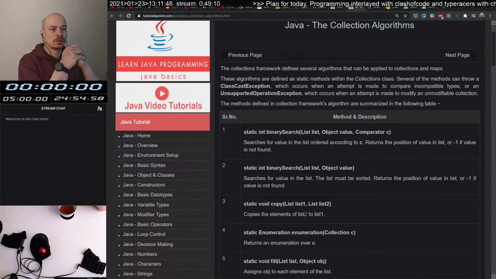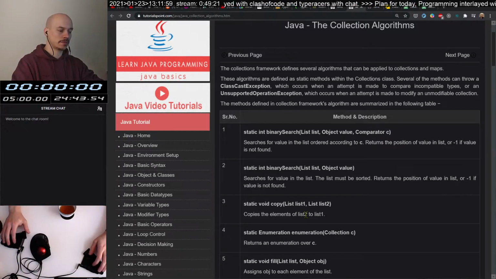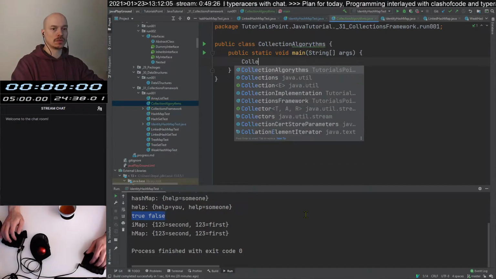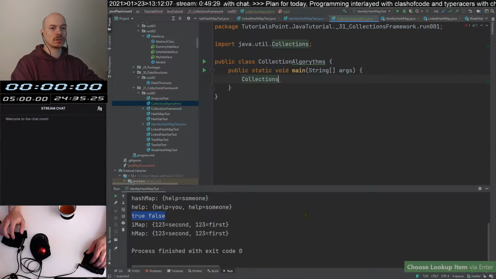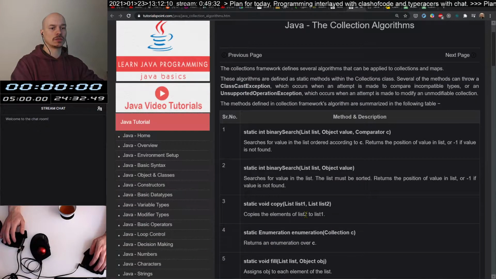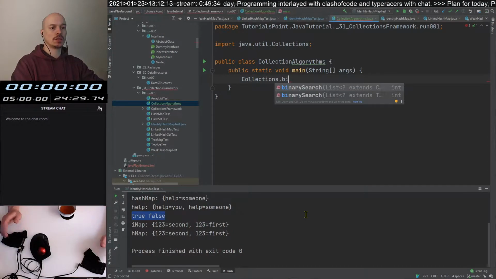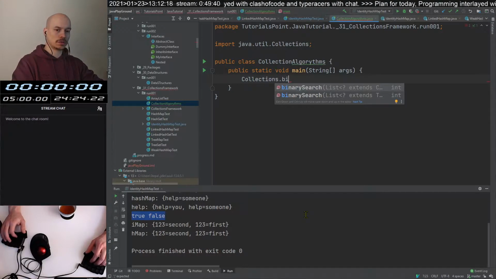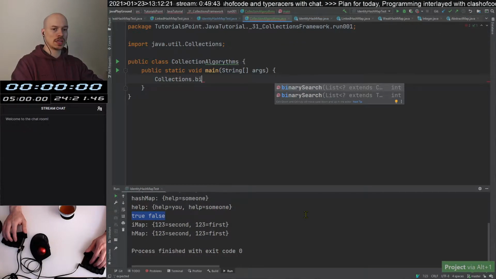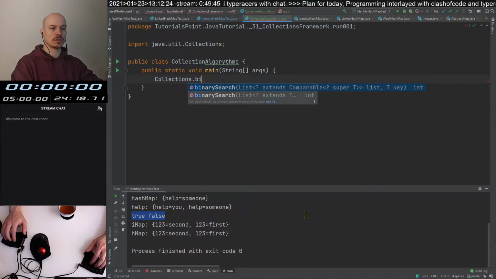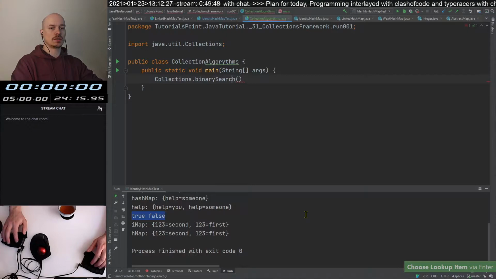So the first thing we will be doing is the binary search method. That should be on the Collections class. So that means if we do Collections dot, what is it? Binary search. We have it there, right? So that kind of works, but we need something which it will take, right? So we have a binary search, and if we look